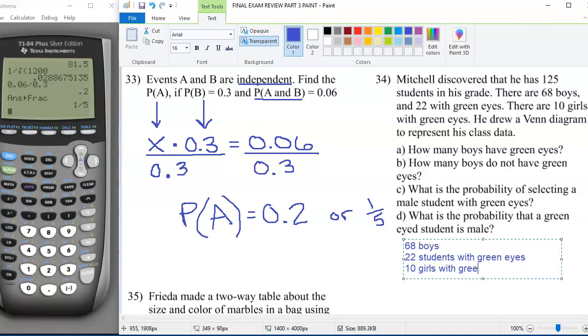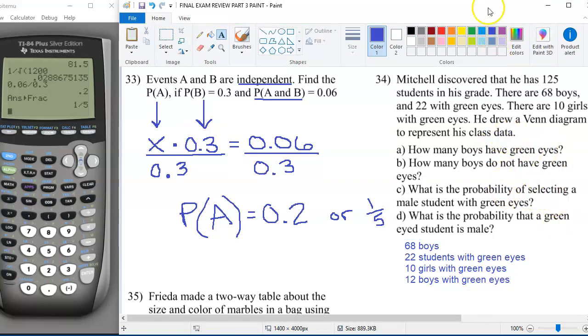So I'm just going to use the magical power of subtraction to recognize that there are now 12 boys with green eyes. It said that he drew a Venn diagram. I am not really sure how a Venn diagram for this one would work. I'm not really thrilled about the way that would break down, so I'm just going to answer the questions based